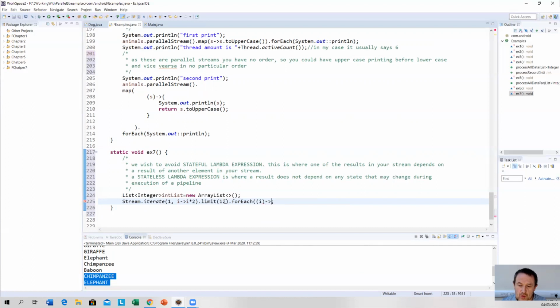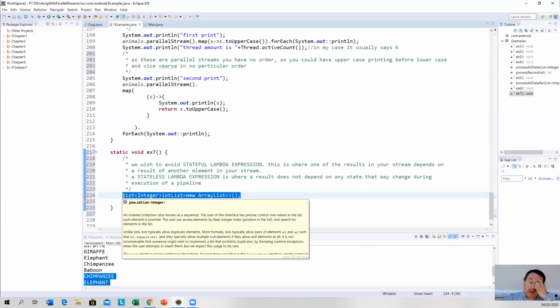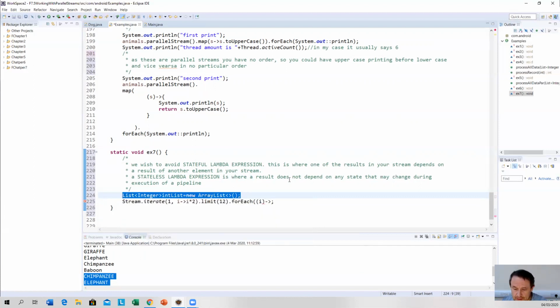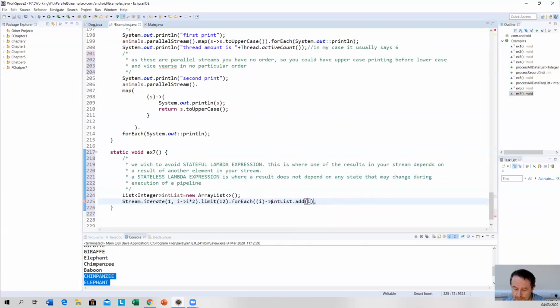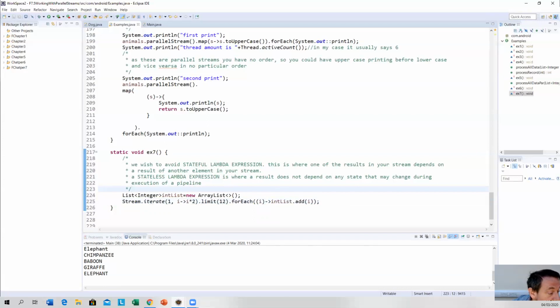What does it do? Now I need to put this list up here because you can't use a local variable, let's just see, hold on a second. intList.add(i). Okay. All right. Now, what we're doing here is I'm adding numbers to the list. Okay, I'm adding numbers to the list. So it's going to add the numbers